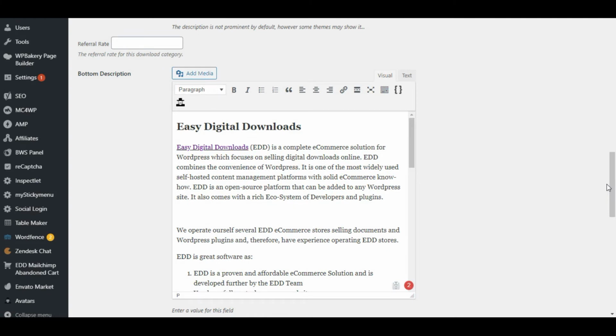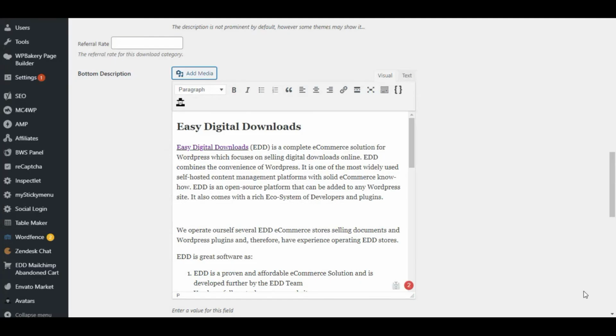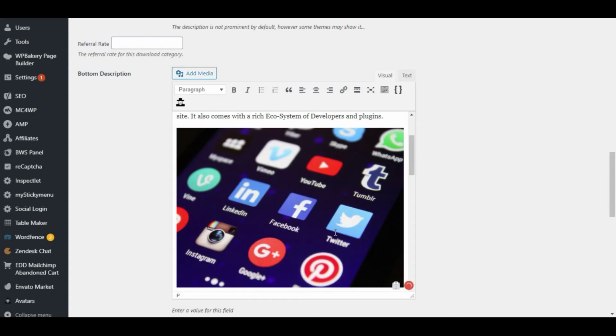This allows us to edit these fields using the WordPress built-in rich text editor, where you can add style and customize your text, add links, images, and others better than before, so as to optimize your download category and tag pages for SEO. Let's try adding an image in our bottom description by clicking on Add Media here. Let's choose any of our photos and wait for it to load.